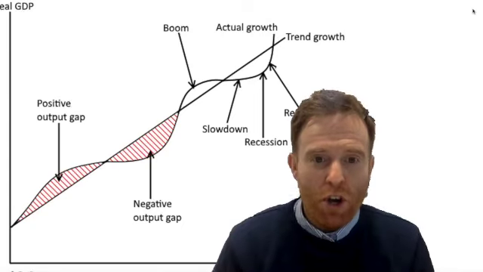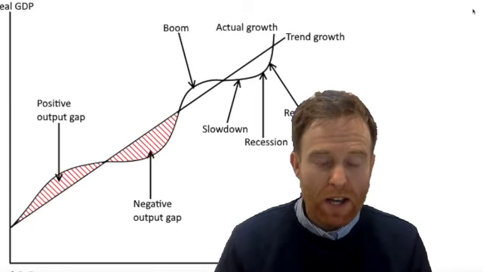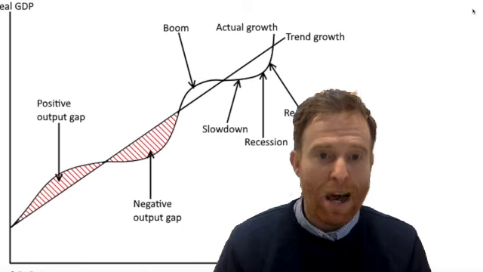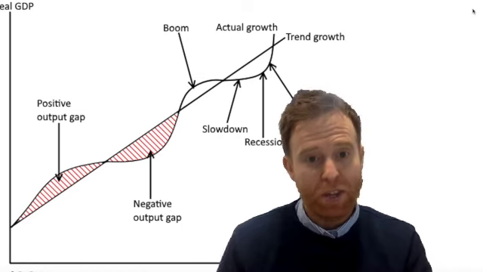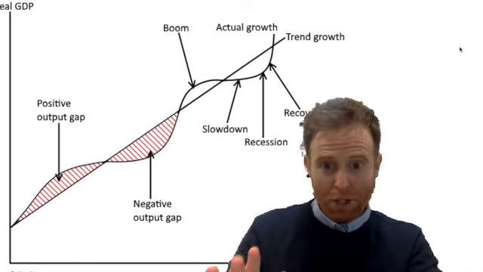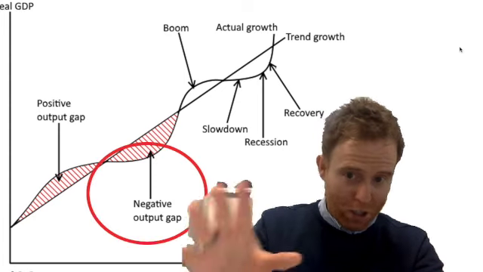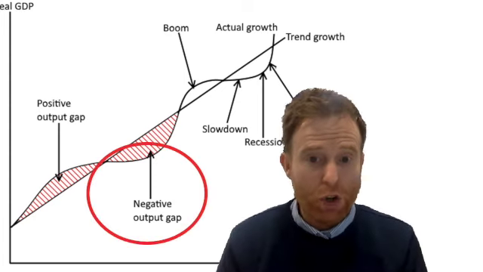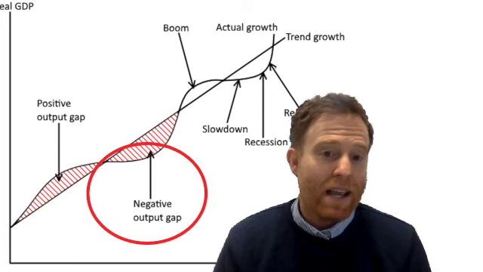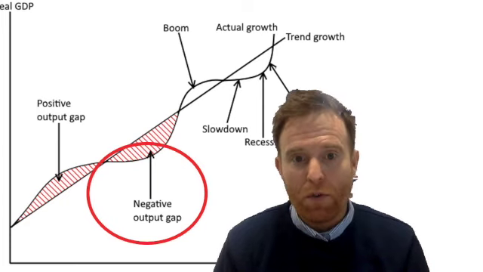This video is based on a concept called automatic stabilisers, and it's related to government policy and how it automatically adjusts based on the economic cycle. So let's imagine we pick a point of the economic cycle. Let's look at a negative output gap. During a negative output gap, let's say that there are 2 consecutive quarters of negative growth.